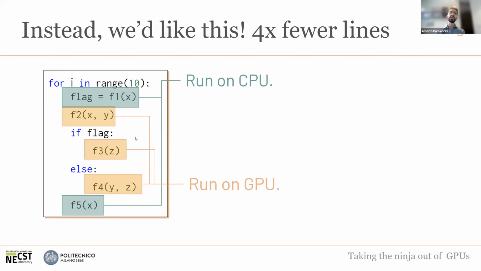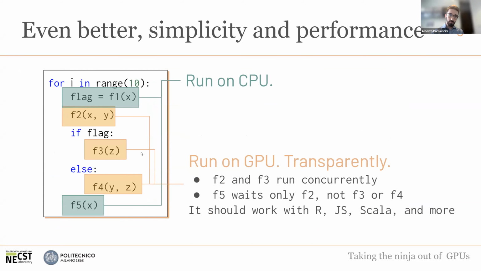What we would like instead is something like this, where you have the same syntax for CPU and GPU functions, and everything is just much simpler. Even better, we'd like functions that operate on different data to run in parallel, because there's no reason why they should wait for each other. And you also want this to work not just with Python, as in this example, but also with any other languages, such as Scala, JavaScript, R, and